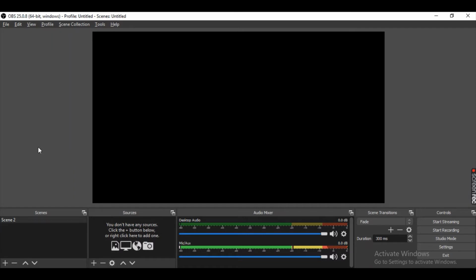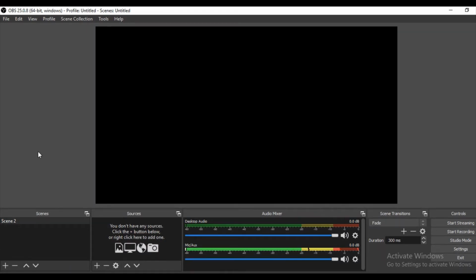The first of all, you can do live streaming with it, and secondly, you can basically add images, videos, audio input, speakers, windows, screens, your camera of your PC, which is known as a webcam, and you can do a lot of stuff with it. So let's get started here.